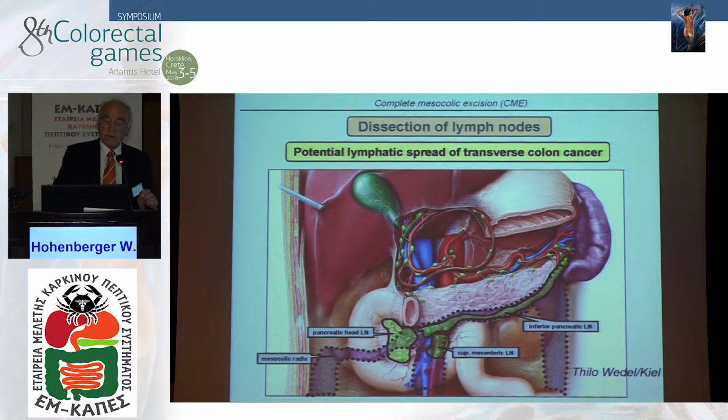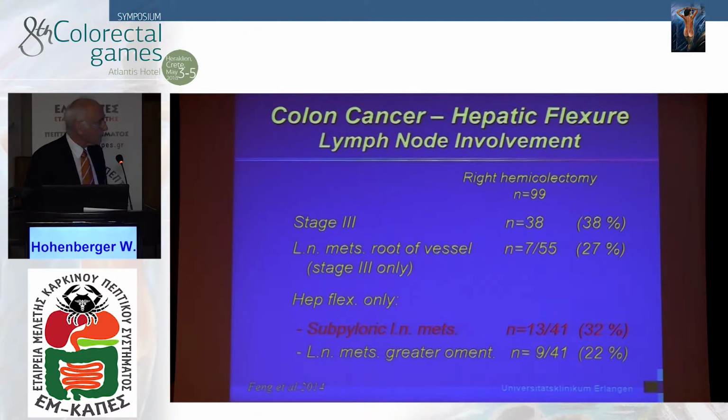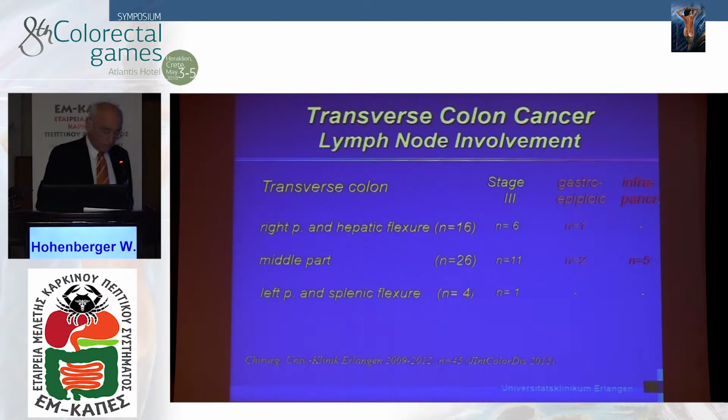And the second point is those along the pancreas, pancreatic head and left pancreas. It's well known that there are those over the head. For many years already, from this paper from China, in stage 3 they found lymph node metastasis here in one third of hepatic flexure carcinomas. So quite a high figure. And we found 5 out of 11, so very close, 40-50%.